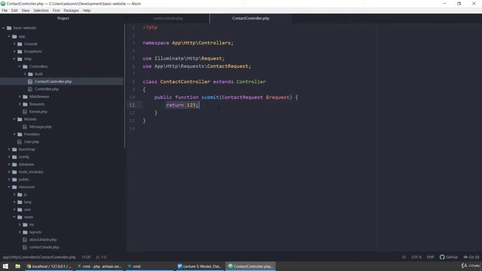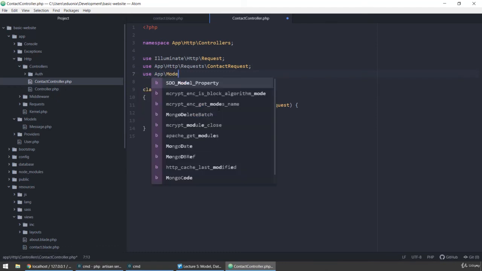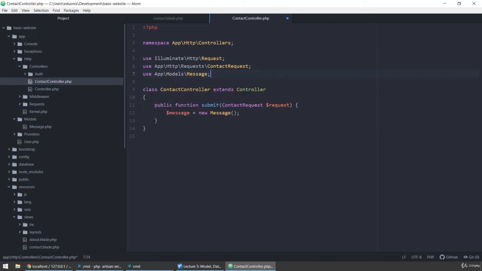Okay, so this is really simple using Eloquent. I'm going to create a new variable that's called message. And we're going to use the message model. So new message. Okay. As we are using a message model, we should include it here. Use app models message. And now we can save or store our data in a very simple way,